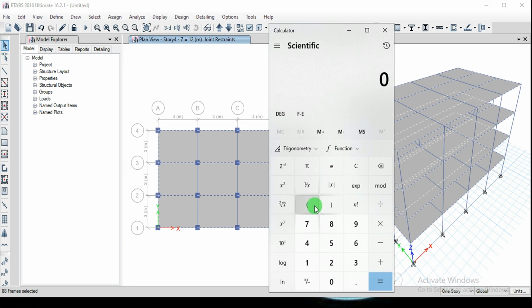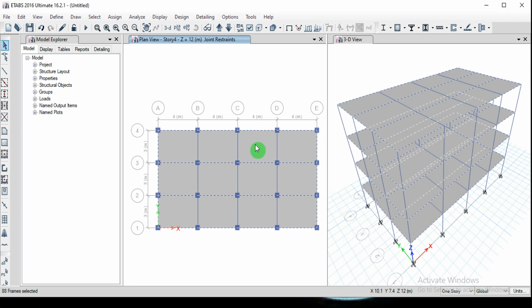So how do we calculate the wall load? Considering the wall thickness as 0.23, that is a 230 mm thick wall, and into 1 because we are going to calculate per meter. So that is a UDL: 0.23 into 1 meter into the height of the floor, 3 meters or whatever height you are going to consider there, into the unit weight of the brick. I'm going to consider the unit weight as 19 as per the code, and the total value we get is 13.11. You can also make it 13.2. So let us assign this value here.